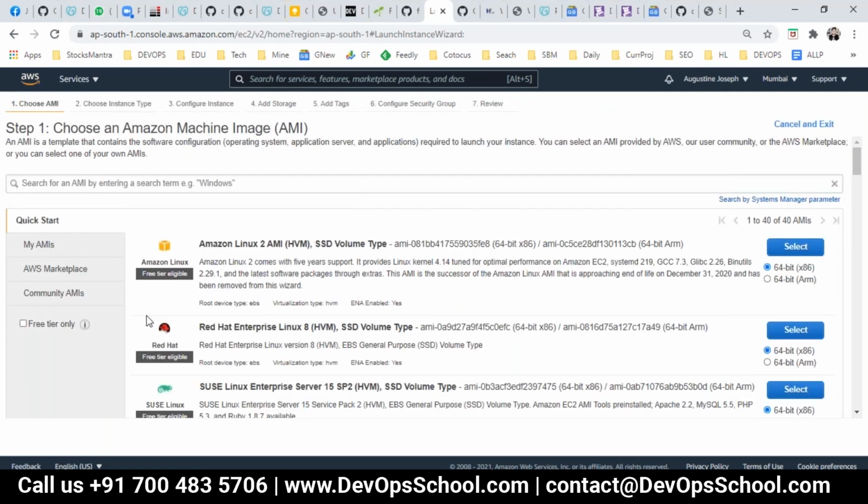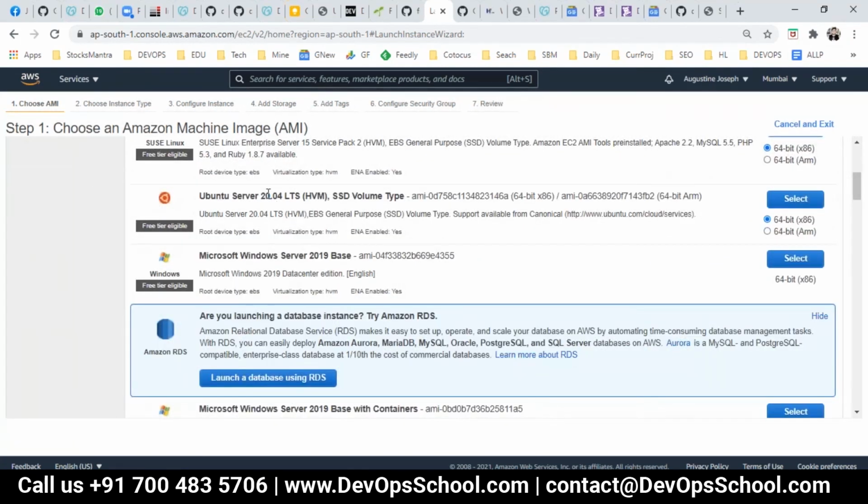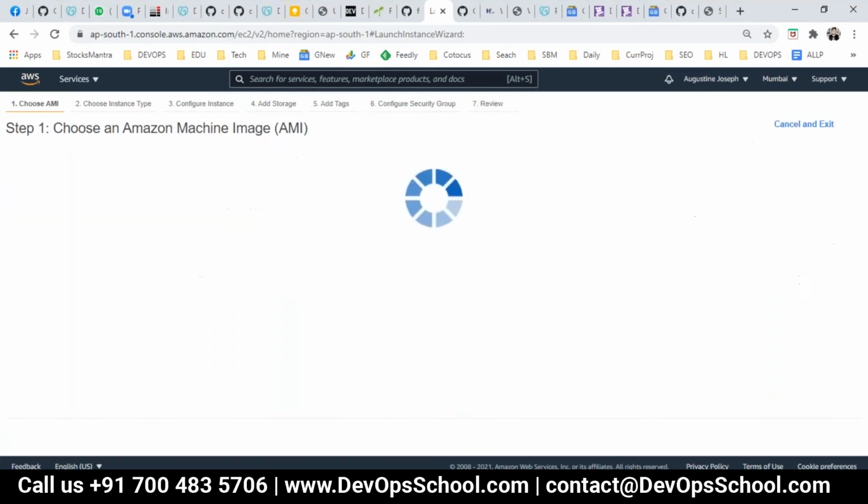Which operating system do you want, CentOS 7 or Ubuntu? Yep, we go with Ubuntu. I think Ubuntu will be here somewhere. Here.